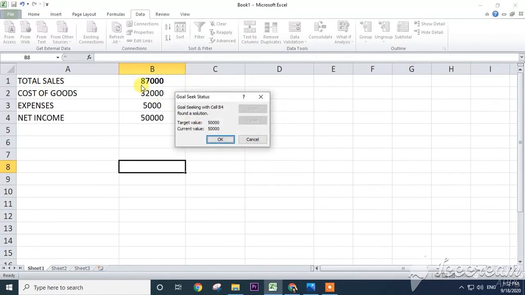Now see, if you do 87,000 in sales per month, then you will get a net income of 50,000. In these cases we use the goal seek option to see how much sales should be increased. Like that, in these cases we will use the goal seek option.